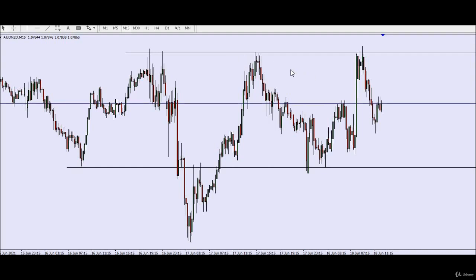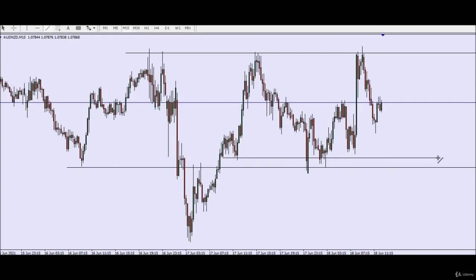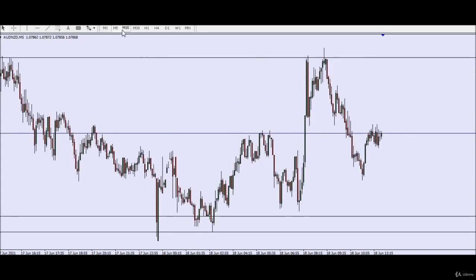Now we can look at this level that it's good even on lower time frames, and here we can draw another level. For example, like this. So this is minute 15, 5 minutes, we see new level here,